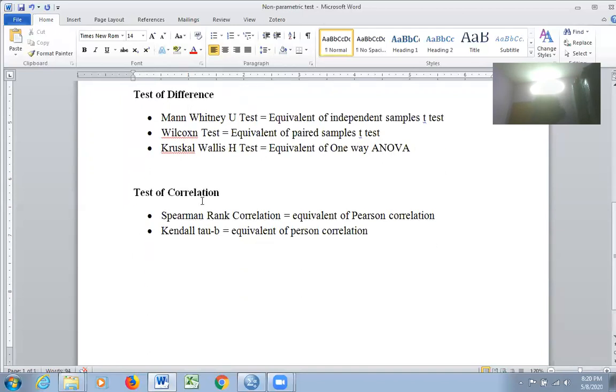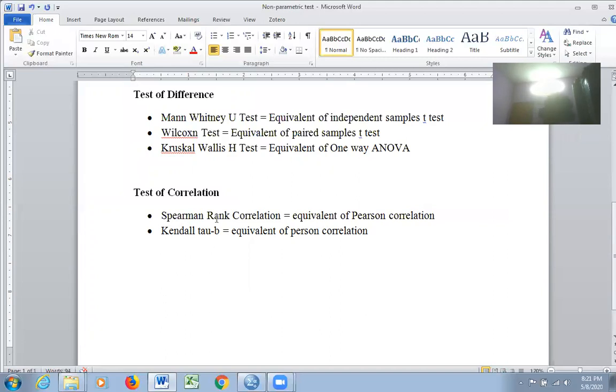The same way, we discussed about correlation and regression. As far as correlation is concerned, when the data fulfills the conditions, that is both are numeric data and data is normally distributed, then you can go for Pearson correlation, partial correlation, all those things. But when the data what you have collected is in the form of ordinal rank, we have not collected data in numeric form, we have collected ordinal data. When you want to see the correlation between two ordinal data sets, we cannot conduct Pearson correlation. Instead, we can go for two other kinds of tests.